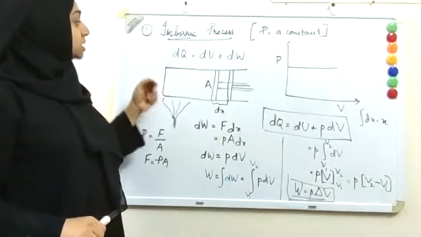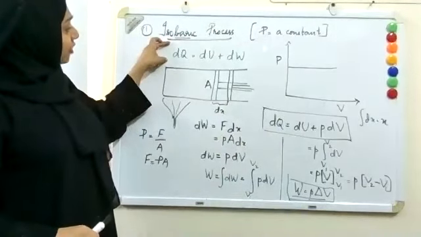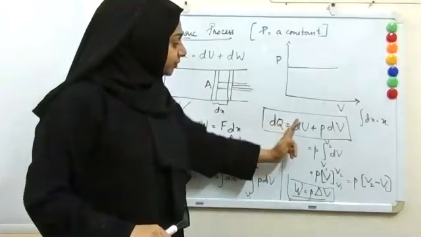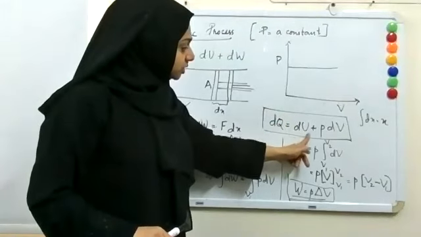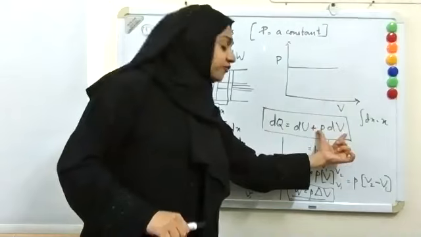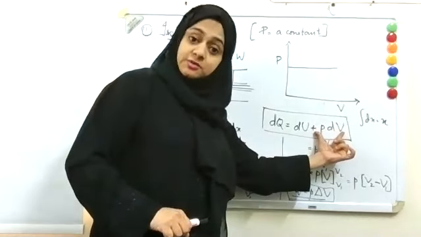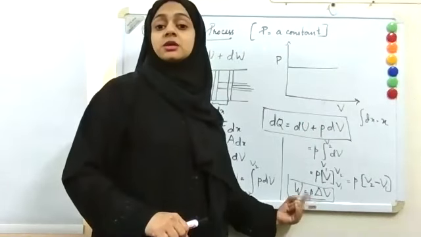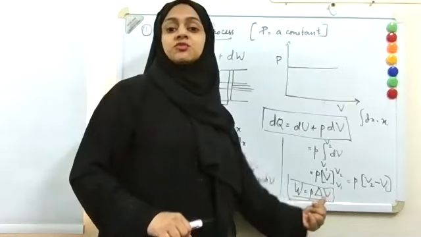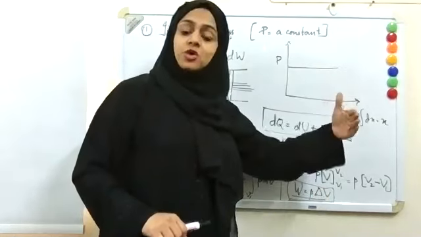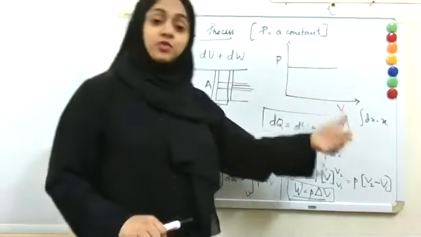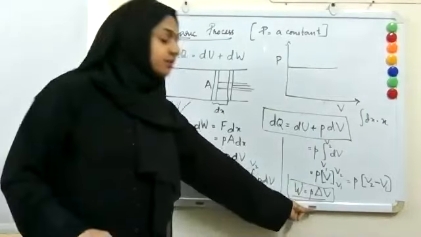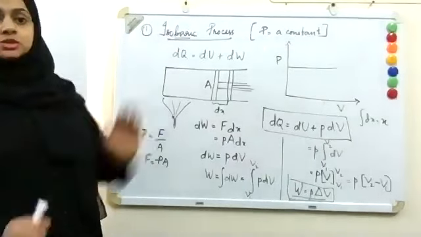Second question was how the first law of thermodynamics will look for an isobaric process. That is dQ is equal to dU plus P dV. So instead of work done, we can put P dV, or the total work done in an isobaric process can be calculated as pressure times change in volume. Change in volume means final volume minus initial volume, that is V2 minus V1. Is that clear to you? That is how the first law of thermodynamics looks in an isobaric process.